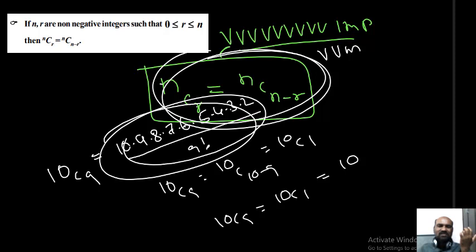So the general easiest way is this one only: 10 into 9 into, you need to reduce 9 times, by 9 factorial. What you will get, that is the answer actually. So this becomes difficult for us. Actually it is not difficult. This is 9 factorial only, this one can cancel. But sometimes this formula helps us find the solutions easily, no? So if I want 10C9, directly I can say 10C9 is 10C1, that is equal to 10 only.